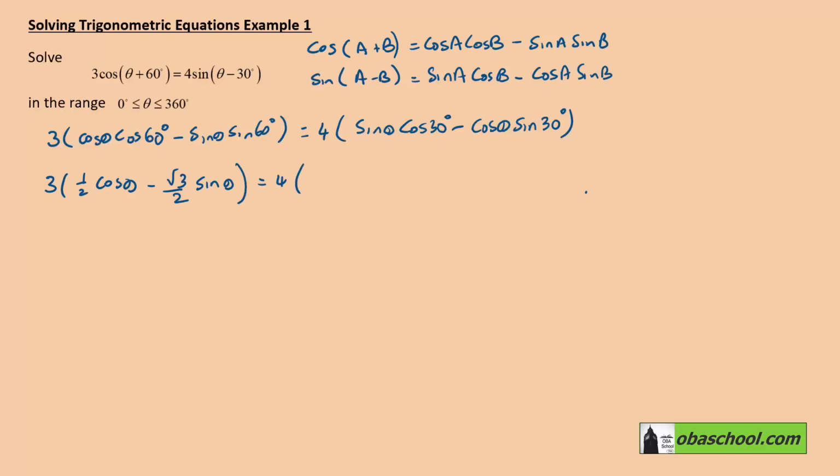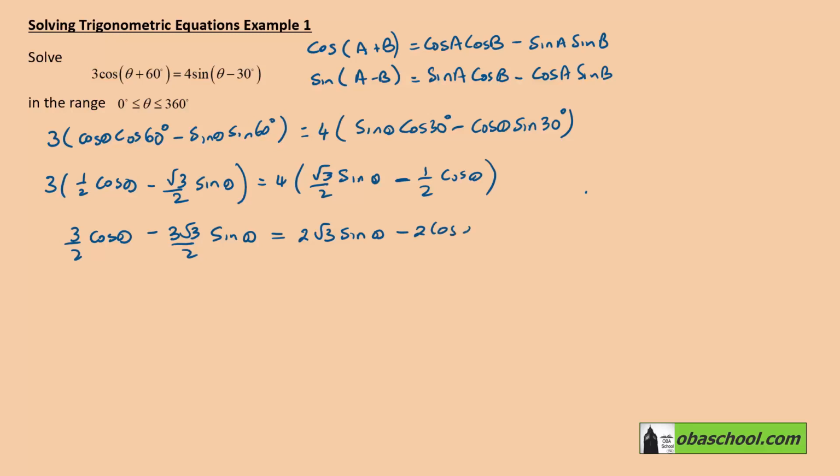And cos 30 is root 3 over 2, so we're going to get root 3 over 2 sine theta, and sine 30 is a half, so we've got a half cos theta, and so this is 3 over 2 cos theta, take away 3 root 3 over 2 sine theta is equal to 2 root 3 sine theta, take away